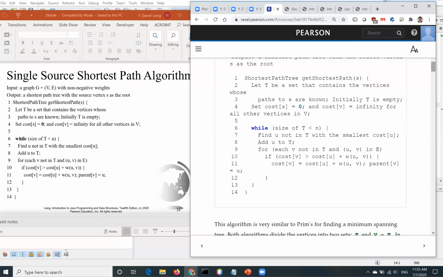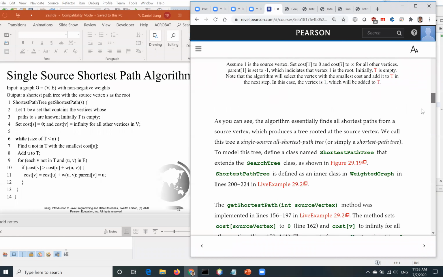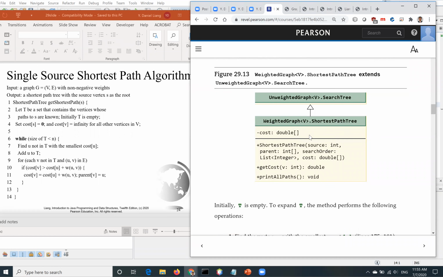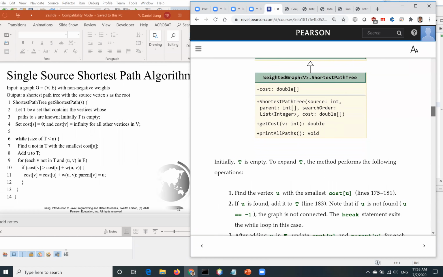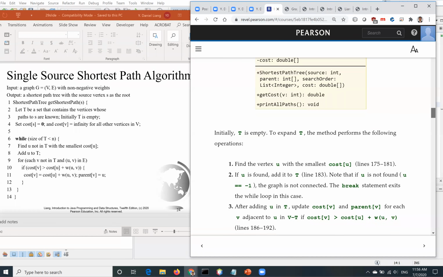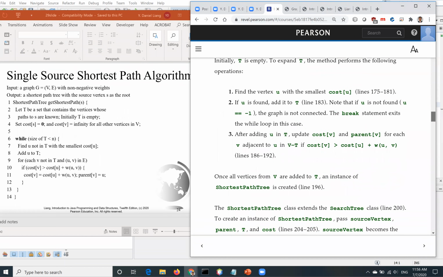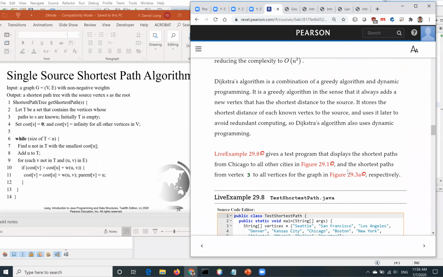And here is the source code. So this is the shortest path tree, has the cost and has this shortest path tree, the constructor, and the get cost and print all path. All right, so let's look at this